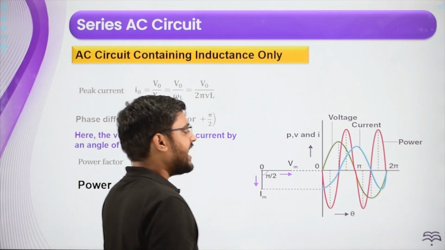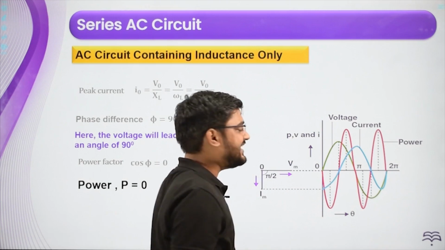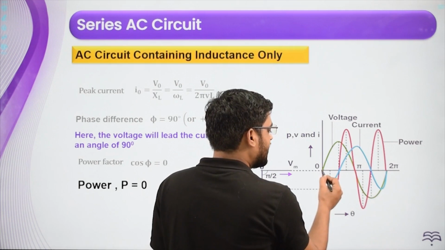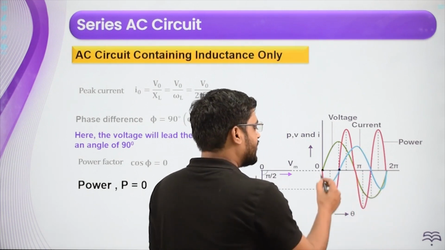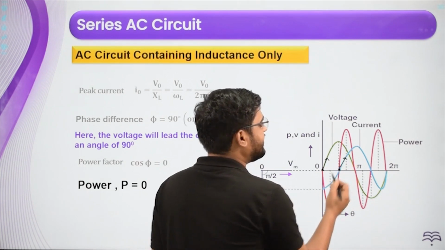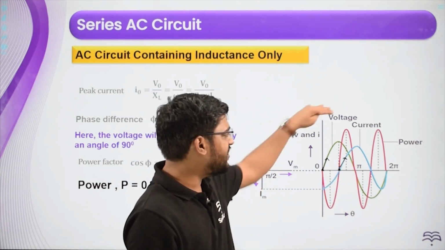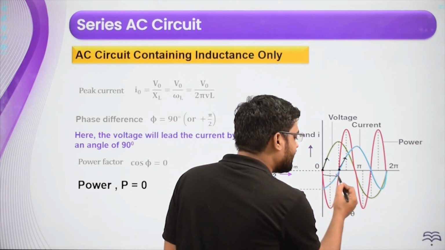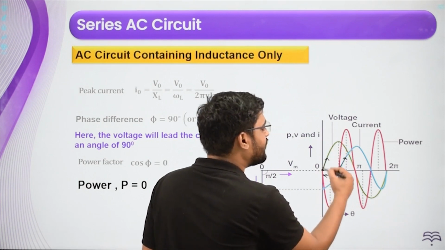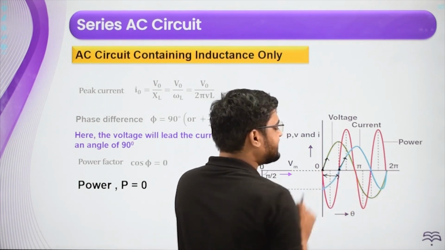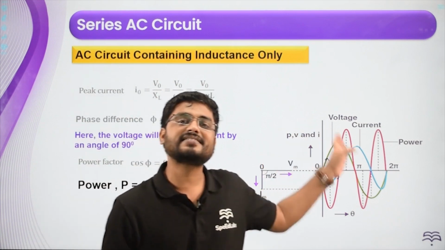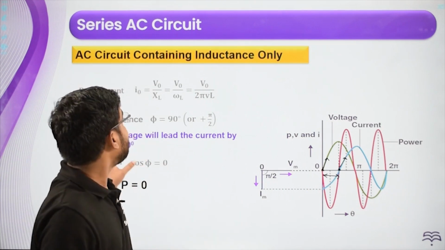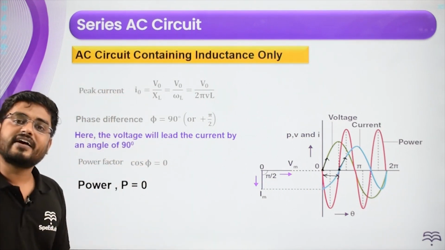Here is the diagram. And remember I told you how to check which one is leading. So the green one over here is the voltage, and this one is the current. This starts from here, this starts from here. Which one starts first? It is basically the voltage which is starting first. So voltage is leading by how much? It is leading by this much. Here the voltage is getting a peak. So 1/4 of the cycle, that is pi by 2, because the full cycle is nothing but 2 pi. So it is leading by an amount of pi by 2. That's an AC circuit containing inductance only.